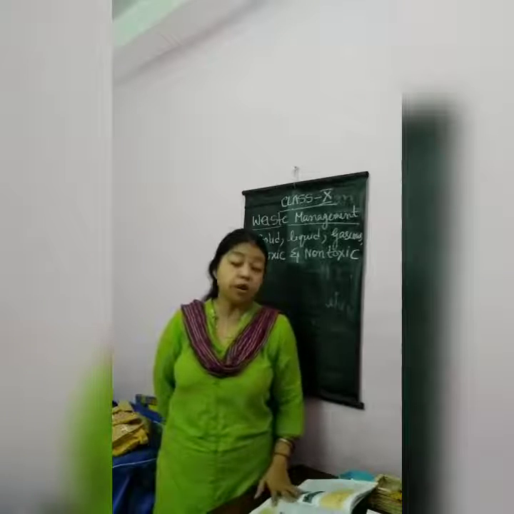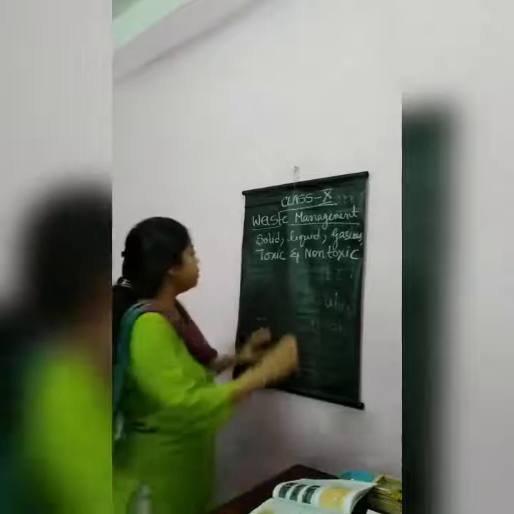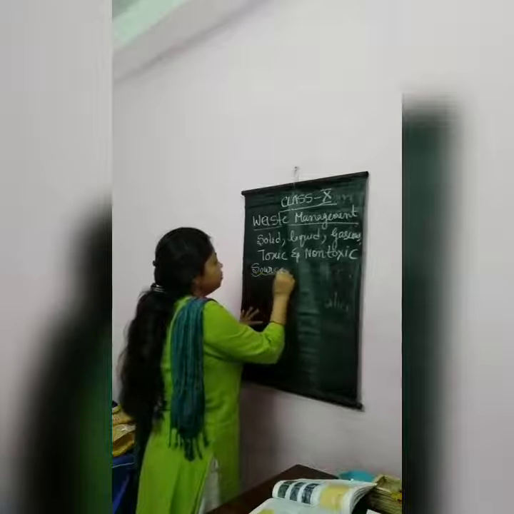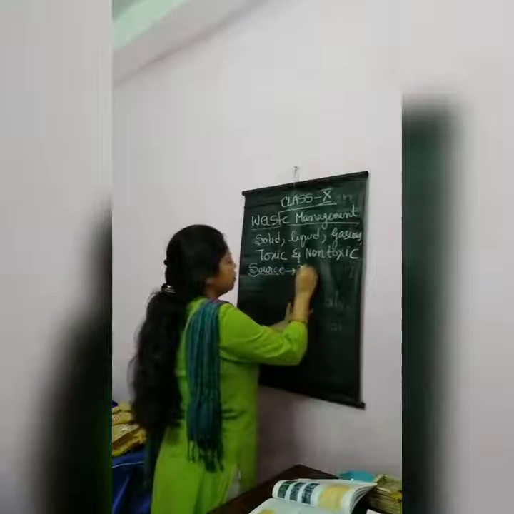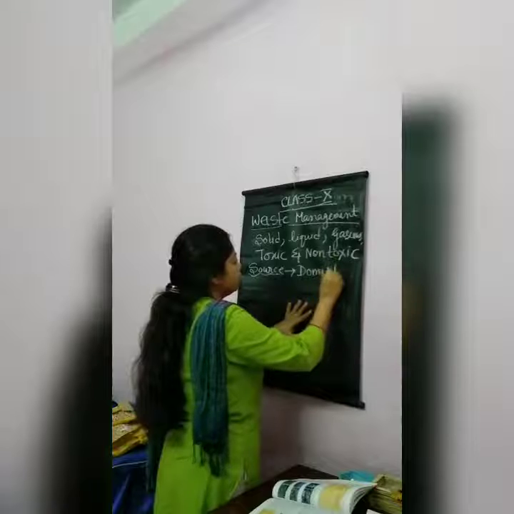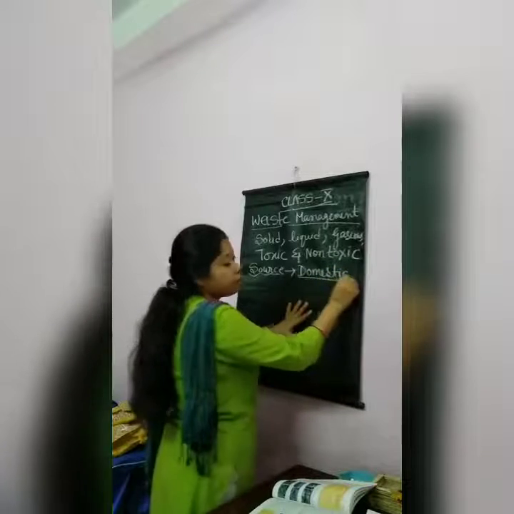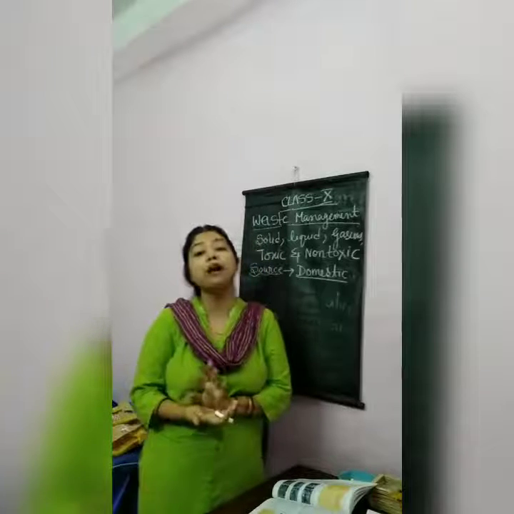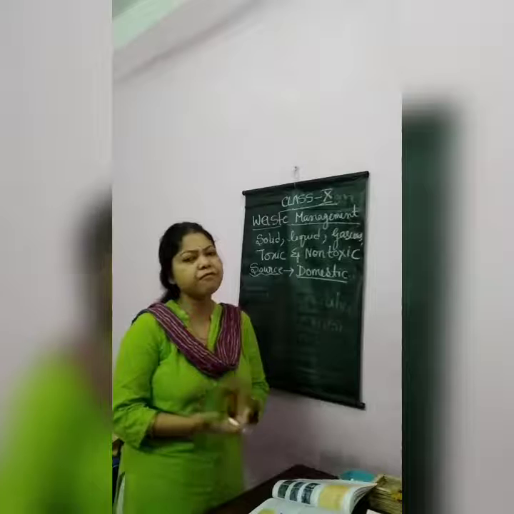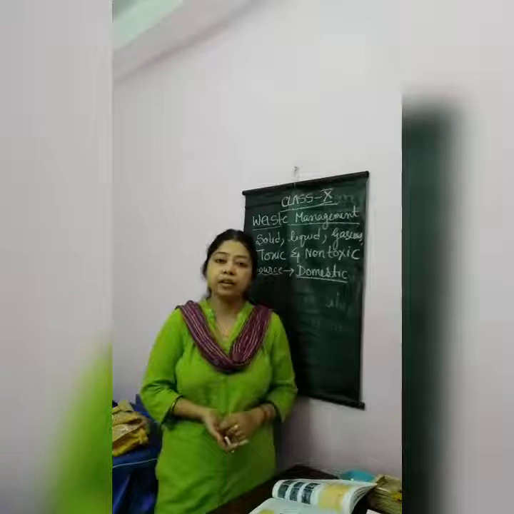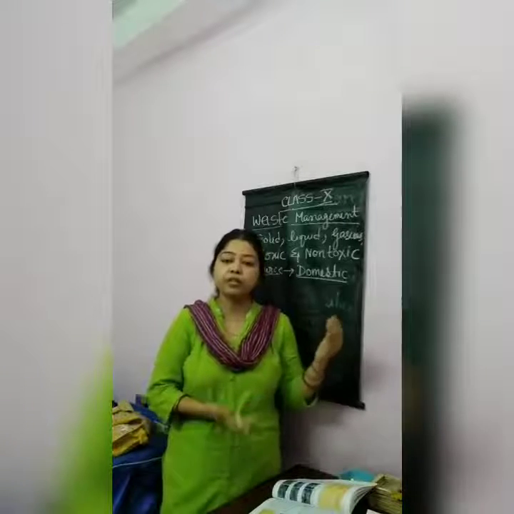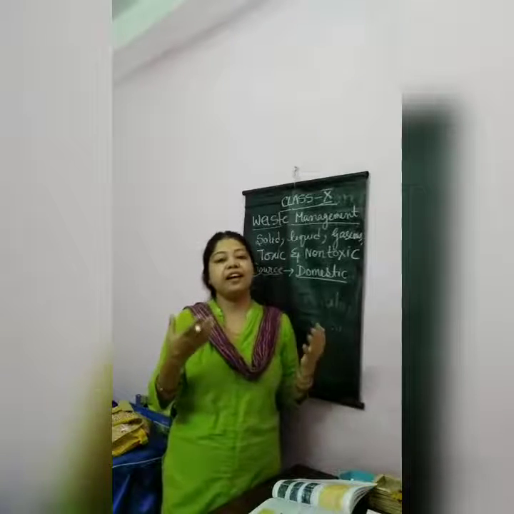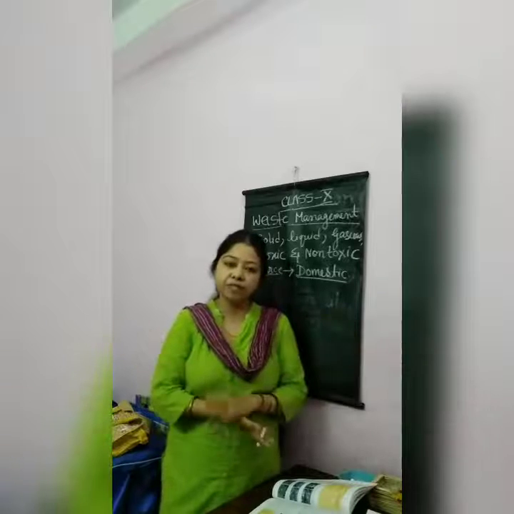First source is the domestic waste, on the basis of source. What is domestic waste? The waste that is discarded from residential houses, from our household. These are called domestic waste. Every day in the morning, the people from the municipal corporation come, blow the whistle, and take the waste from our household.